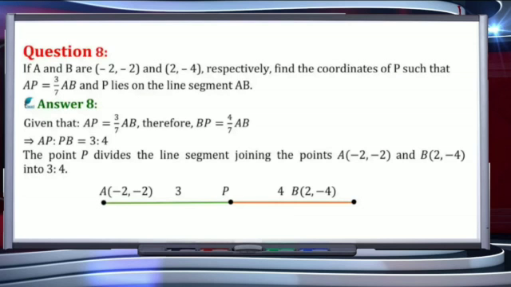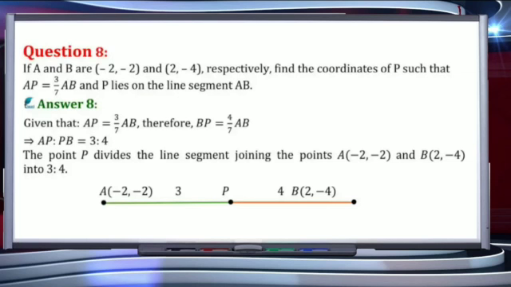Students, next question number 8 is: if A and B are (minus 2, minus 2) and (2, minus 4) respectively, then find the coordinates of P such that AP is equal to 3 by 7 of AB, and P lies on the line segment AB. That means it is lying somewhere in between A and B. Now, the thing to be considered here is that the ratio of AP upon AB is given to you, and in the section formula, what we require is AP upon PB. So that means AP makes 3 sections, then PB makes the 4 sections of the entire